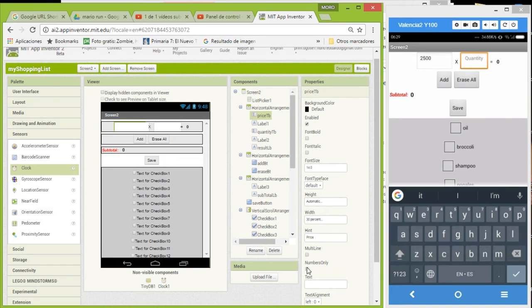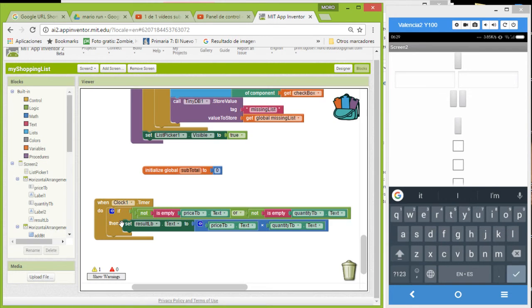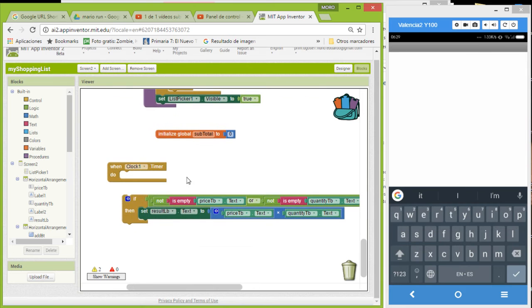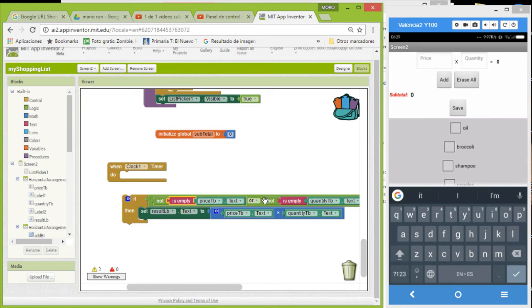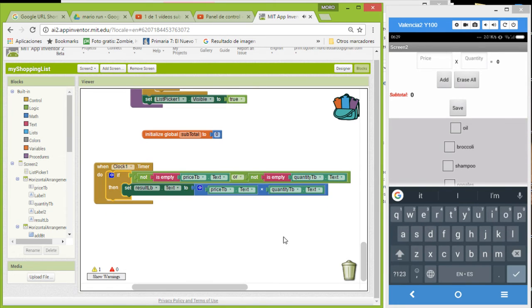You are going to set it just to numbers, and quantity also to numbers, just to use that. Now we are going to review this. If the text is not empty, we're going to set